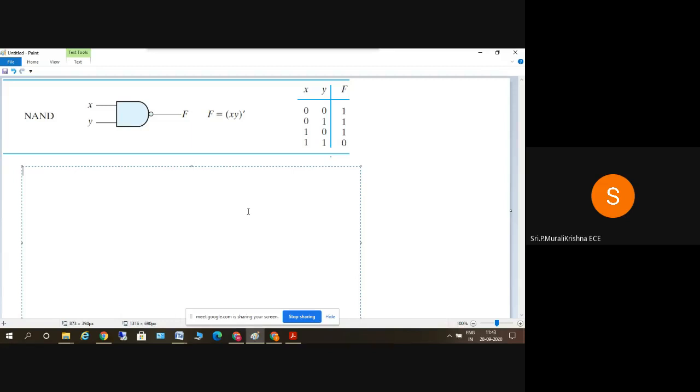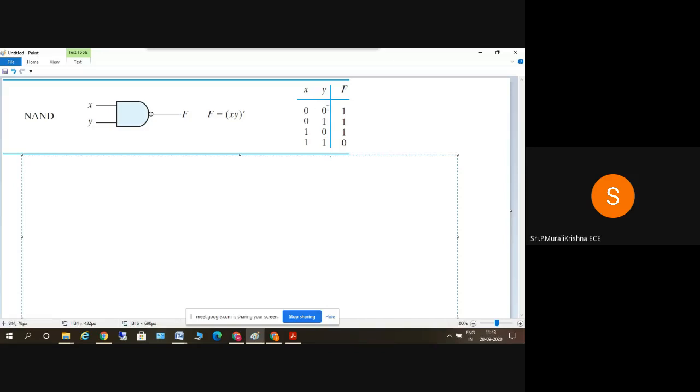So we'll start with the NAND gate here. So NAND is nothing but the inversion of AND gate. So you can see the logic diagram here. There's a bubble after the AND gate here, which is nothing but the inversion of this AND gate here. And the truth table is also the inversion of the